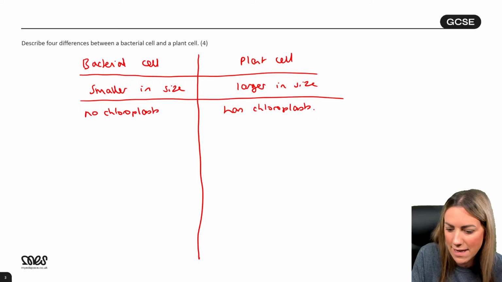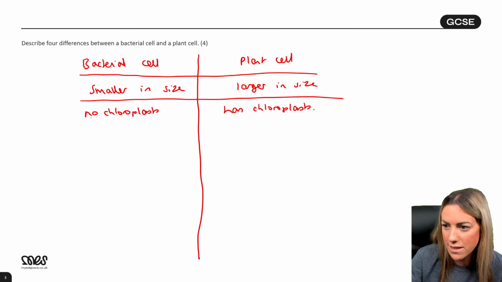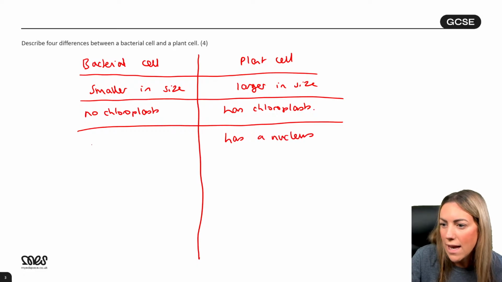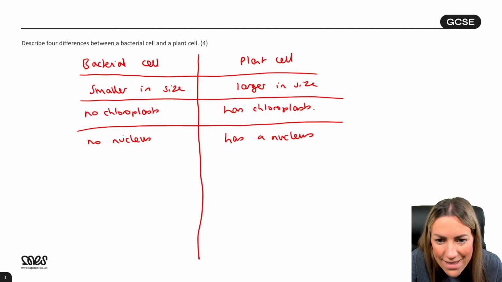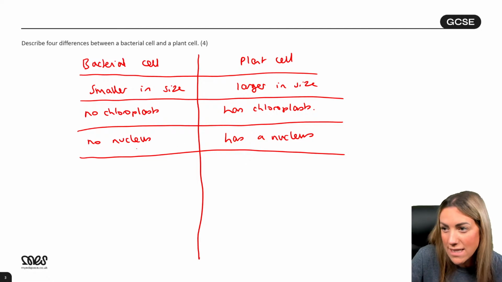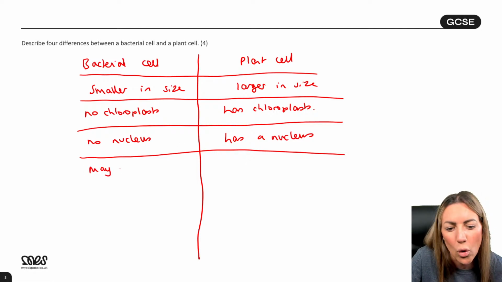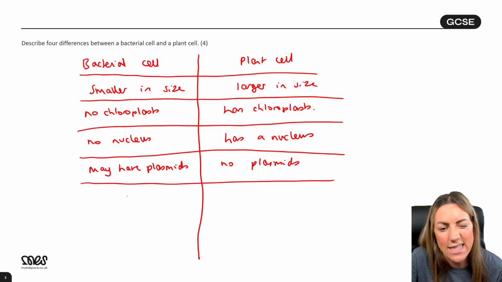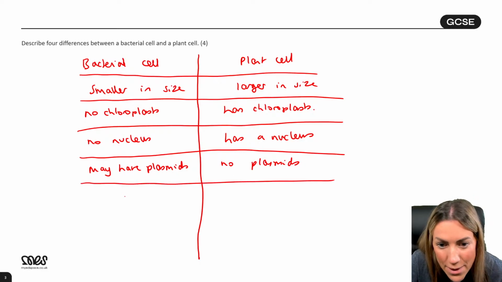Oh, the nucleus. Yeah, that's probably the most obvious one. I should have talked about the nucleus first, shouldn't I? So the plant cell has a nucleus and the bacterial cell, no nucleus, or you could say the DNA is just free in the cytoplasm. What about mitochondria? The bacterial cell can have plasmids, yeah. They don't all, but you can say it, because you don't actually learn that till A level. May have plasmids versus no plasmids. Or they did allow just the bacterial cell has plasmids, the plant cell doesn't have plasmids. Z and Ns, they both have ribosomes, so be careful.